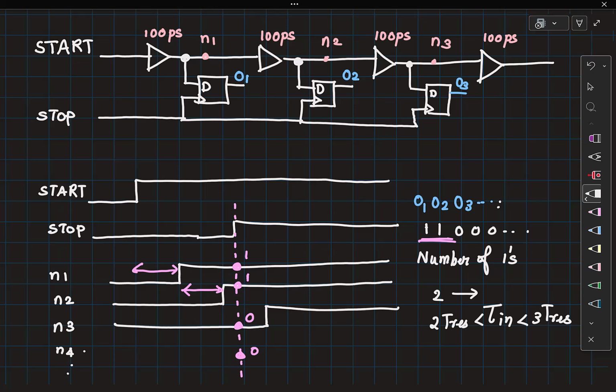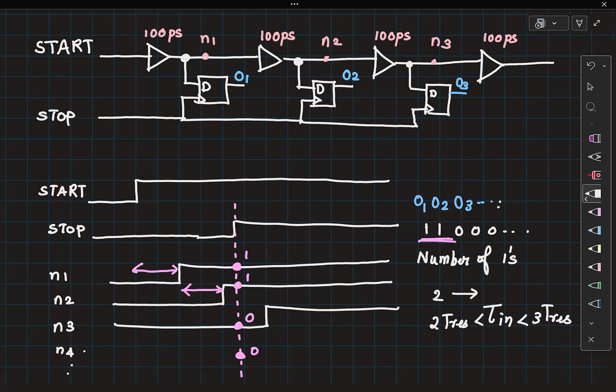Right? Before I answer that, I want to show you how you could represent the characteristics of this TDC as a plot. Right? So the output is a digital code, input is a delay. If I wanted to sketch a plot, what should I do on the x-axis? What should I do on the y-axis? So the output of the TDC is a digital code. The input to the TDC is a time interval. Right? I want to graphically represent the TDC's characteristics. What plot should I do?